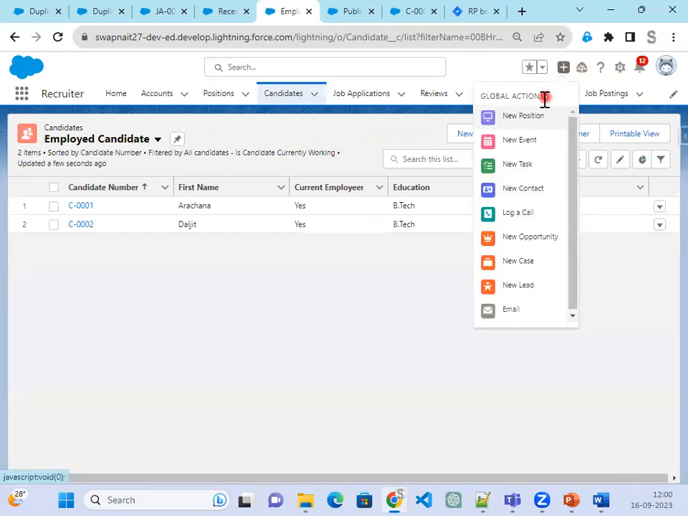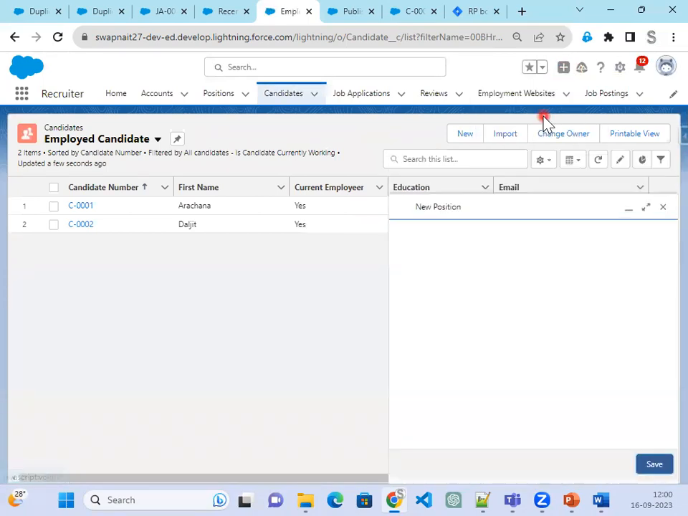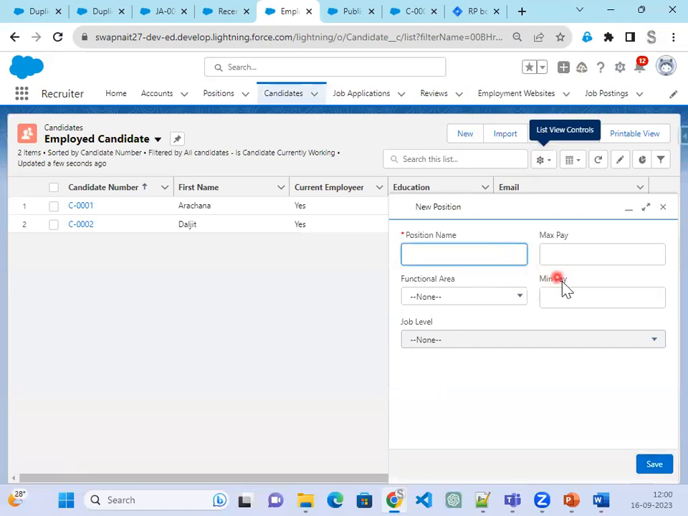On this plus button, now you can see new position. If you click on a new position, how many fields can you see here? Maximum 5 fields, because the layout we have designed shows only 5 fields. And here position name is, let's say, LWC